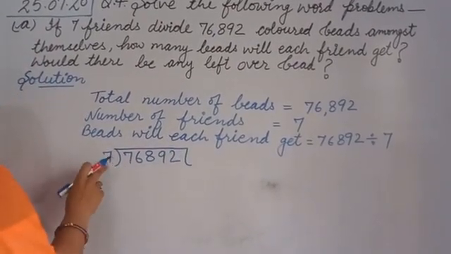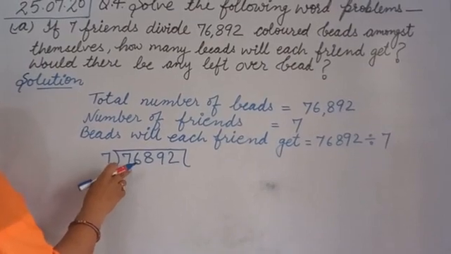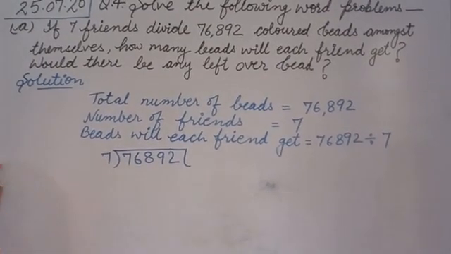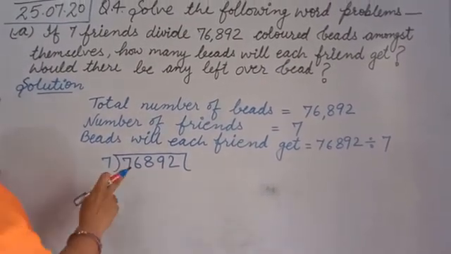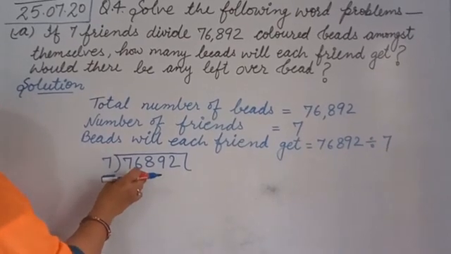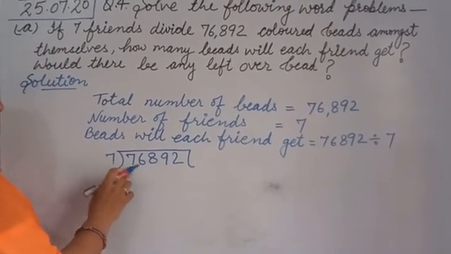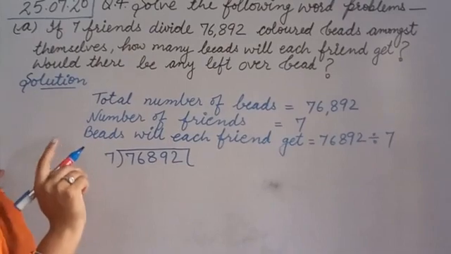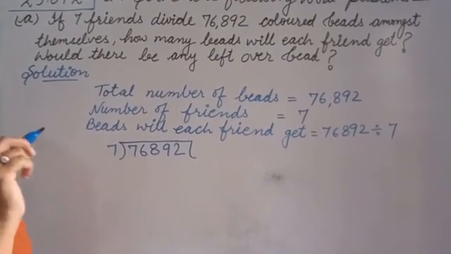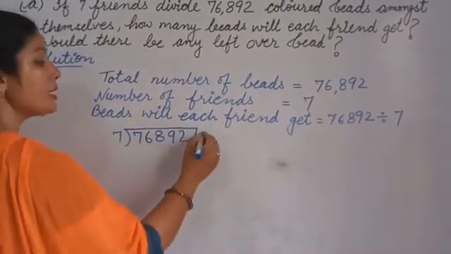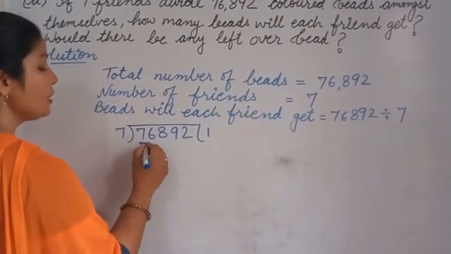So 1 digit is there, so we will take here 1 digit. In 1 digit there is 7. Both are equal, so we will take only 1 digit. If that is smaller, then we take 2 digits together. But this is equal, so we will take only 1 digit. Now in the 7 table, where we have 7? On the 1 number, 7 ones are 7. So we write here 7.